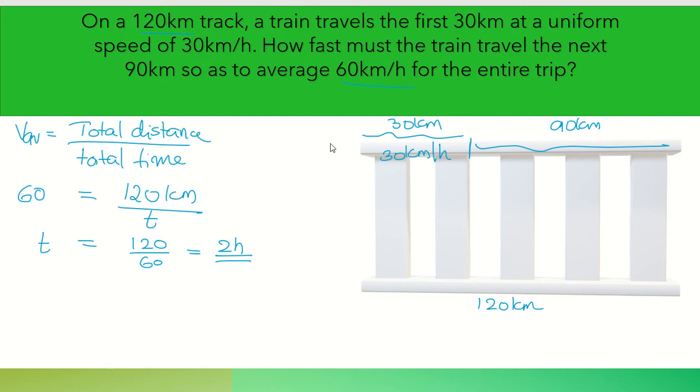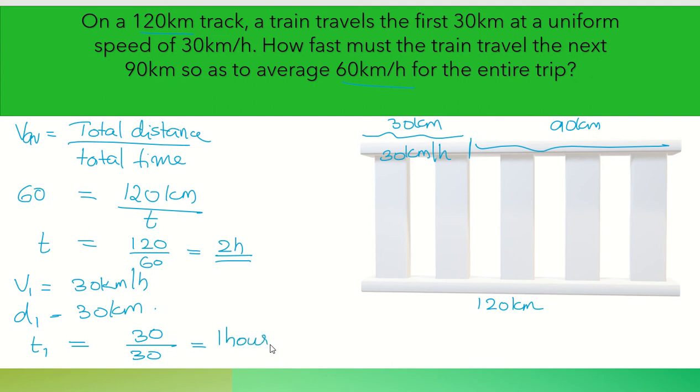Now, let's think about the first half of this situation. Okay, so in the first half, the speed is equal to 30 km per hour and distance is 30 km, right? Now, we can calculate the time taken. What is equation for time taken? Distance by speed. Distance is 30 and speed is also 30. So I'm just denoting it as V1, D1 and T1. So in the first half, the time taken is going to be 1 hour. Understood? First half means what I meant is that initial 30 kilometers, it took 1 hour. Total time taken for the journey is 2 hours.